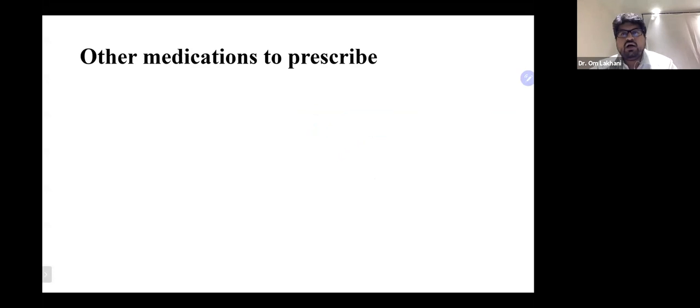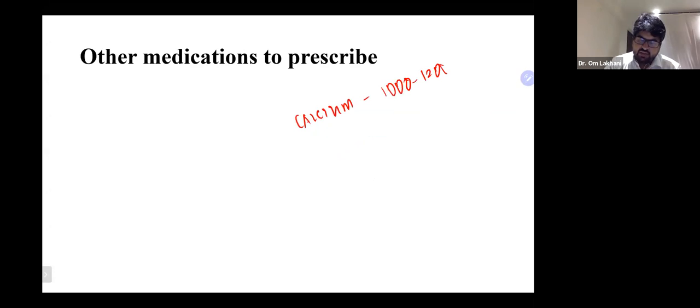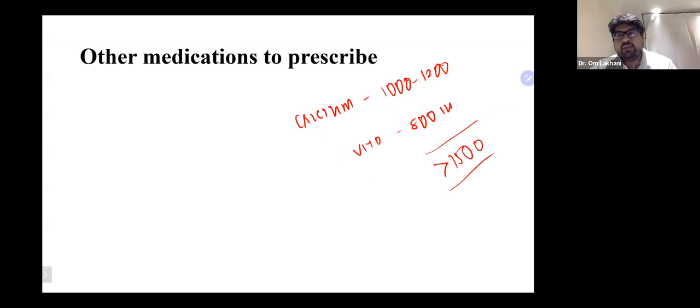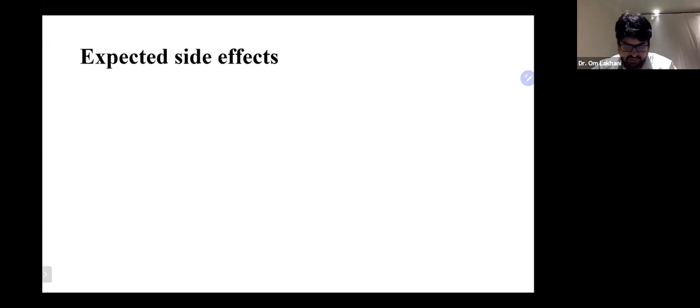Of course, if the patient is not on calcium, you have to prescribe calcium, typically 1000 to 1200 milligram per day, and vitamin D, typically 800. Maintenance dose is 800 international units per day. Don't give more than 1500 milligram of calcium, because these patients can develop hypercalcemia on teriparatide. So typically the dose should not exceed 1500 milligram per day. Typically 1000 to 1200 milligram per day is a median dose.